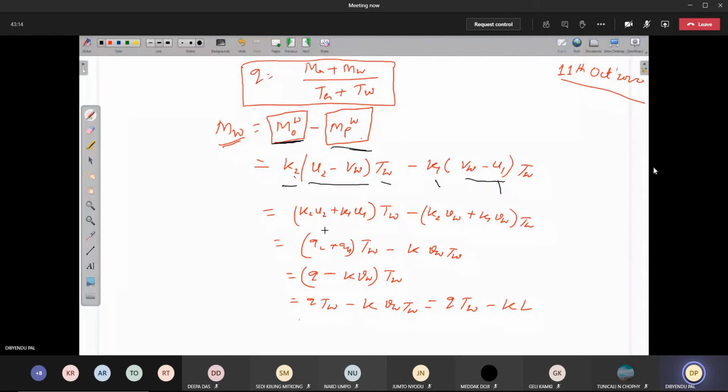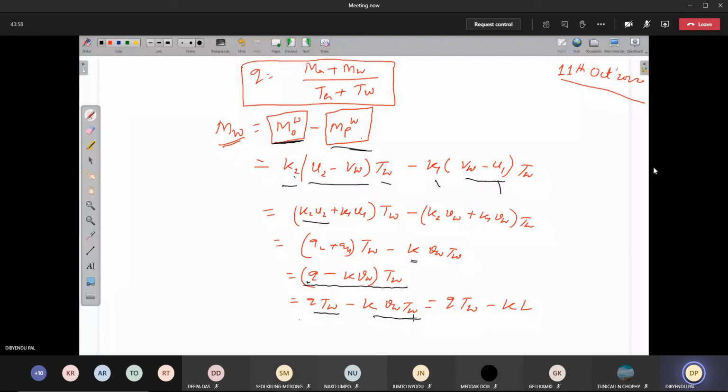Now if I expand this and sum it, I can write the same thing I have written last class. This is multiplied here, and from here if you take TW common, then minus K2 BW, plus if you take common there, plus K1 BW TW. So this is Q2 and this is Q1, that is the total flow. So the total flow I have written in terms of Q. And if you take BW common here, then K1 plus K2 is nothing but K. So same thing I have written. Either you can write here Q minus K BW TW, or you can write separately Q TW minus K BW TW.